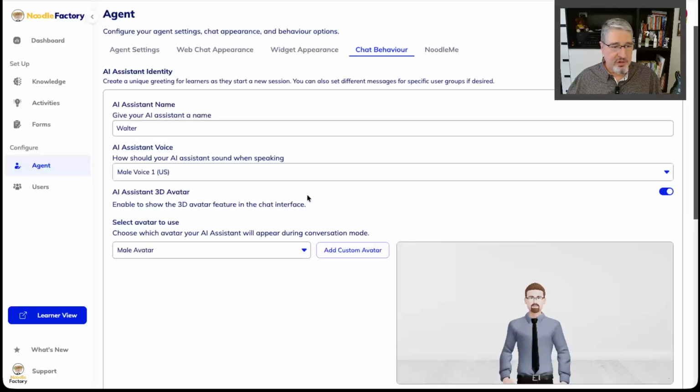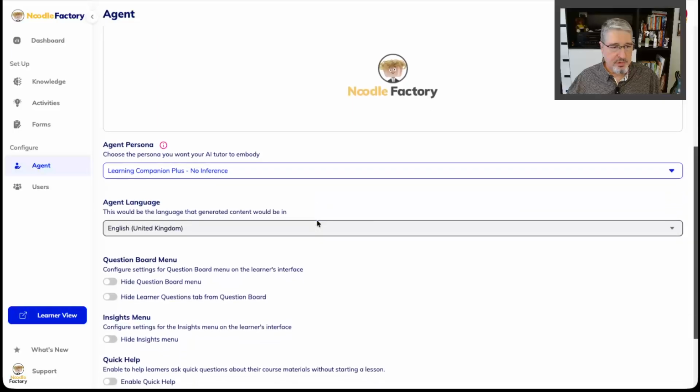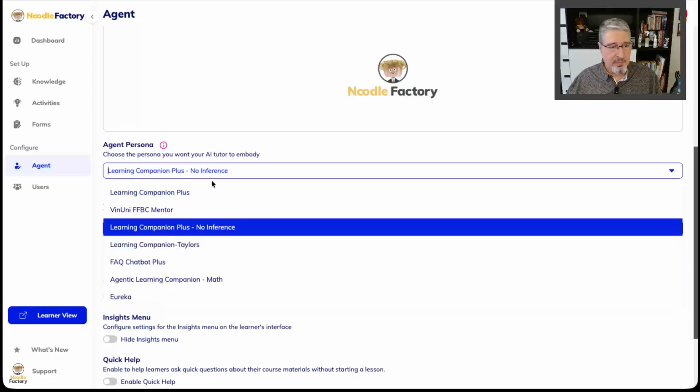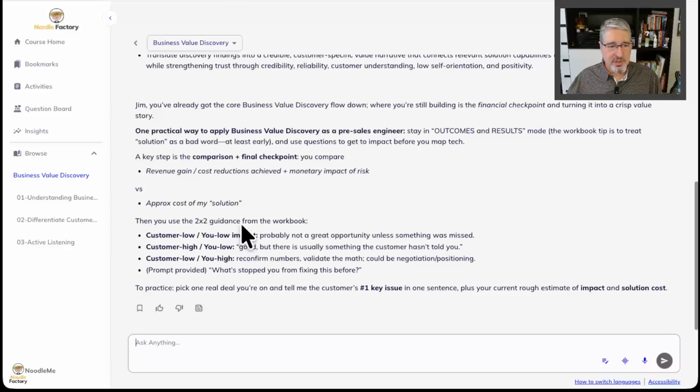The other thing I can do, from an agent perspective, is that I've got this set up pretty strictly, where my persona is a learning companion, but it's not allowed to make inferences. So I've made this pretty strict. It can't go outside, and the tutor is not allowed to make inferences. That's what we're working with over here in the student experience.